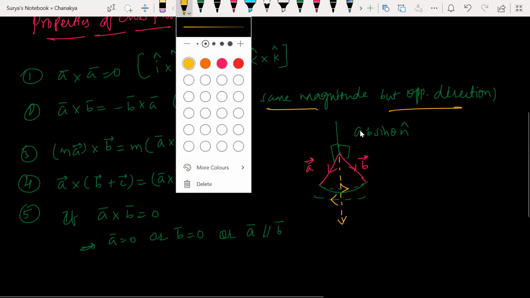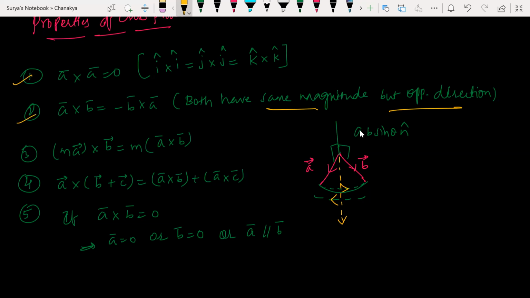And guys, look at this here. The first property, second property done. What's the first property? This is what we know here: all these things are zero. In the first lecture we have discussed. Now after that, if I talk about the third property, look at this here. If I'm multiplying a vector with some scalar called M, so M comes out, and this is the property here. Now the fourth property: this into this plus this into this. Very simple.